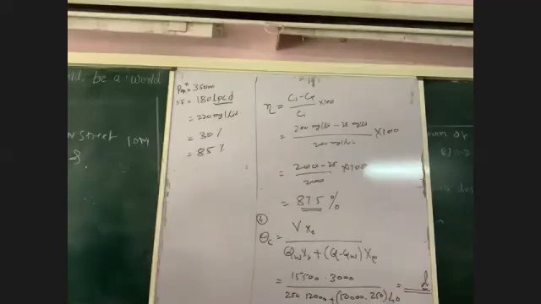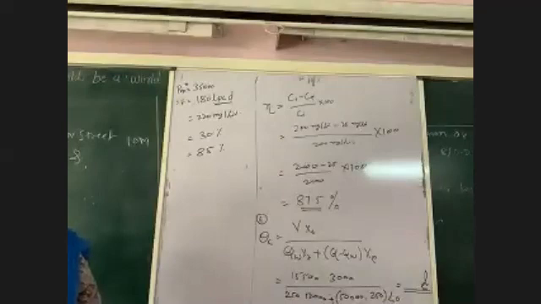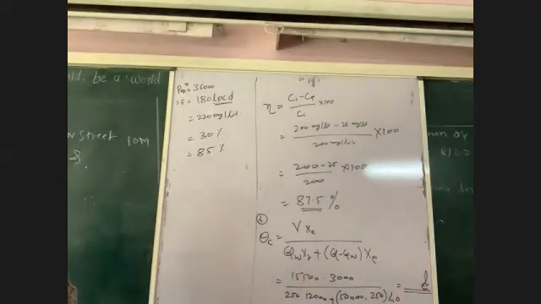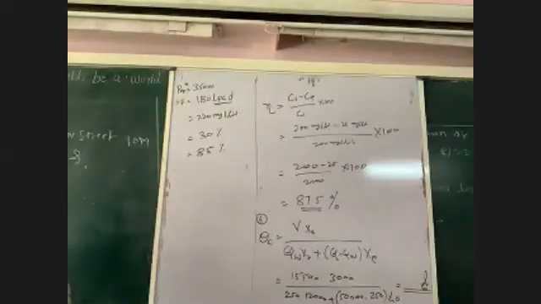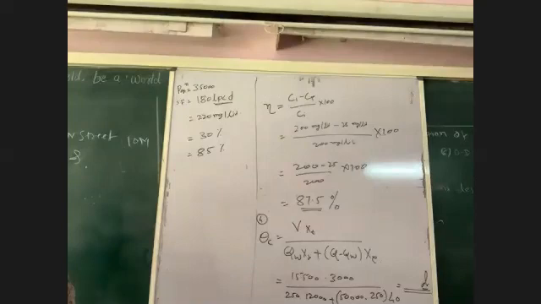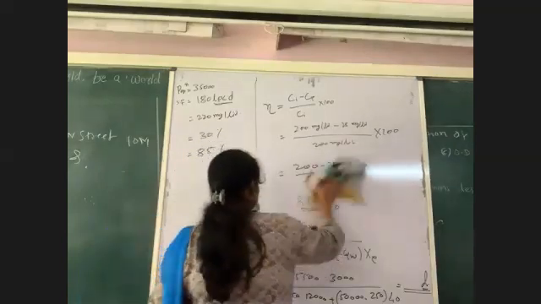Have you finished this problem? If so, I will read it once again. Design a conventional activated sludge plant to treat domestic sewage with the following data. Population is equal to 35,000. Average sewage flow is 180 liter per capita per day. BOD of sewage flow is 220 milligram per liter. Overall BOD reduction desired is equal to 85%. Now, from that, first of all, you need to calculate the daily sewage flow.